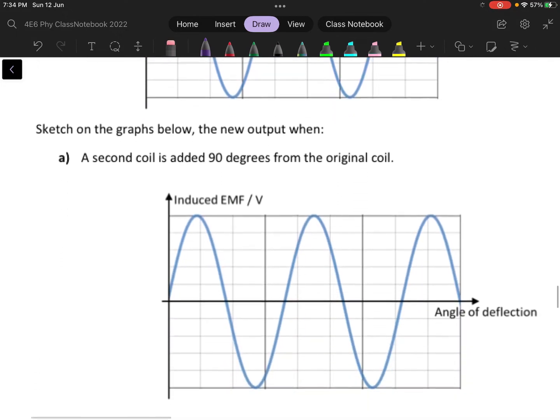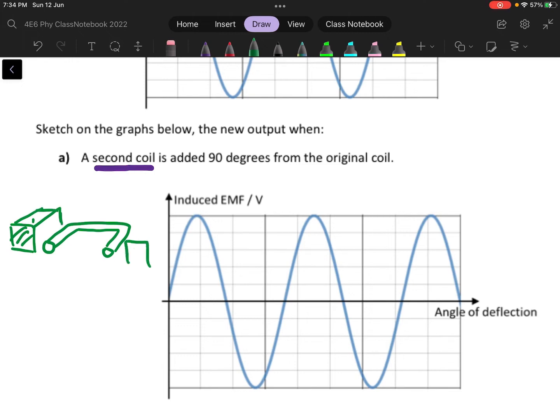Then here it says, can you sketch a new output if a certain new condition is added to it? So here it says that you have a second coil. So what do I mean by a second coil? So initially I have something like that, right? I have a singular coil that is trapped between two magnets, right? So what if there is a second coil being added? So for example, if now I go and add in a second coil,